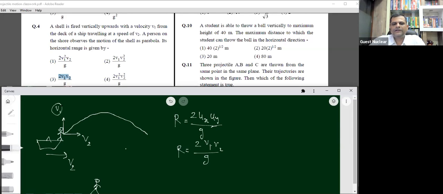Since this v1 is going to be the vertical component, we can equate it with u cos theta, sorry, u sin theta, right? And since this v2 is going to be the horizontal component, we can equate it with u cos theta, and hence u cos theta and u sin theta we have obtained here. So we can just have this range formula for range, which is going to be u square into sin 2 theta upon g. But as we know that sin 2 theta is already 2 sin theta into cos theta,